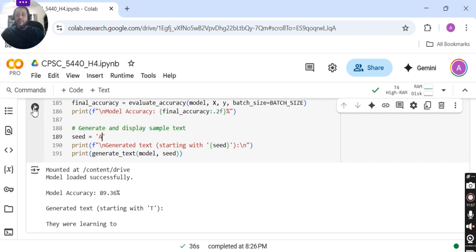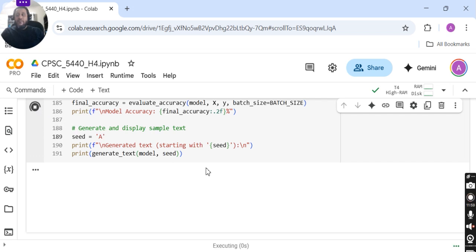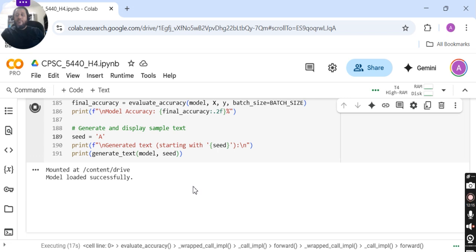So let me start. You see, model loaded successfully, as we don't have to train the model because we already have it saved. Now it's going to bring up the accuracy and also the sentence that starts with A.